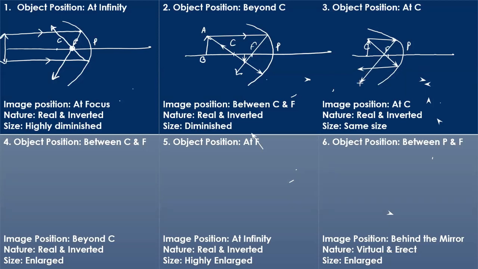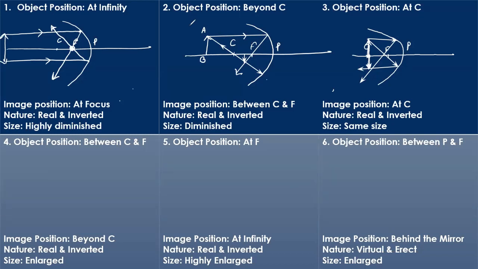Okay, where are these two rays meeting? These two rays meeting are at this point. So now this is my image. So actually it should be on the same side. Okay, so at center of curvature, image is also at center of curvature. How is the nature of image? Formed in front of the mirror. So it's real and inverted. Size will always be same. So size is also on an increasing trend over here, right?